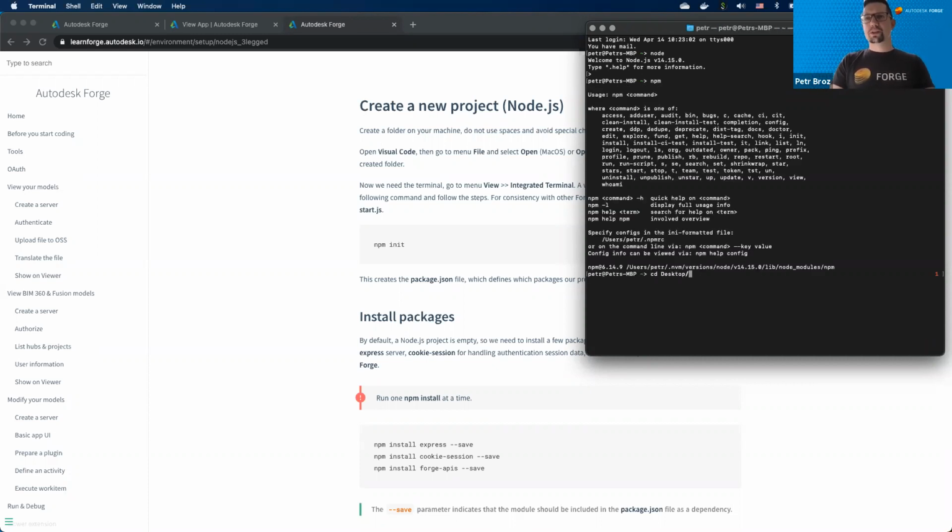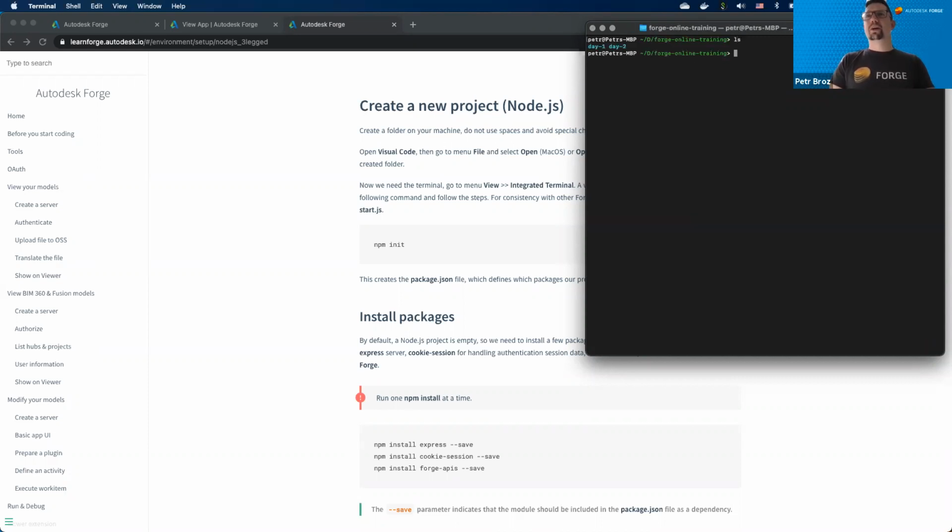So that's what I'm going to do here. I'm going to switch to my online training folder, day 2. I'm going to create a new folder for our project. So for me, let's say I'm going to call it View Hub Models. I'm using the word hub here because, as we mentioned earlier, right,